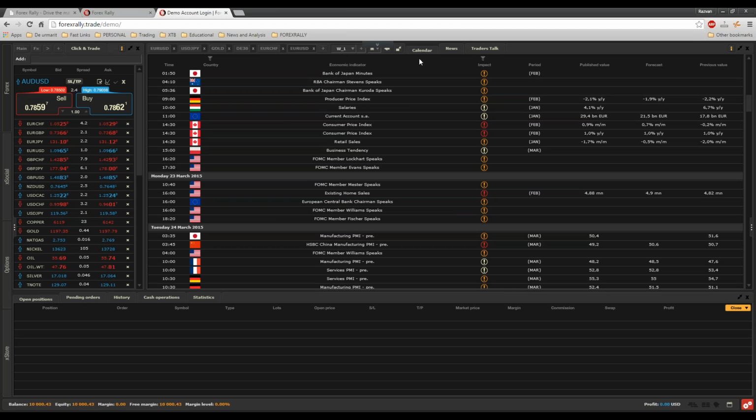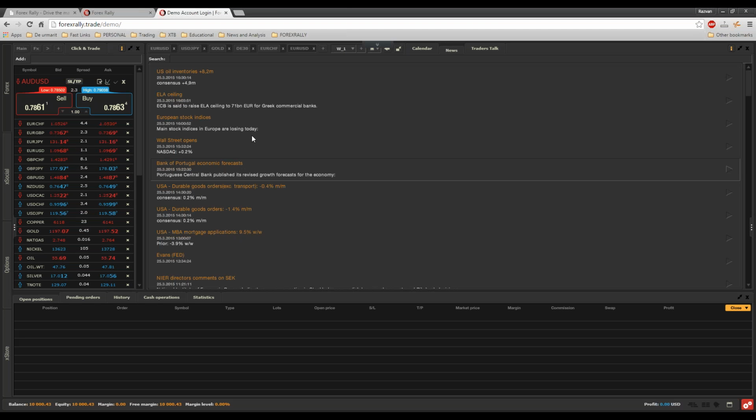Now, this is a nice feature. Calendar right in the platform. You'll not find this in MetaTrader. And I'm talking about MetaTrader because, as I said, it is one of the most used nowadays. News. You have live news. These news are coming from different providers, but you will be able to find these news watching Bloomberg, Reuters, Dow Jones, all at the same time, but you have them all here in one platform. Why watch 3 websites or 4 and so on and so forth while you have all these news here?